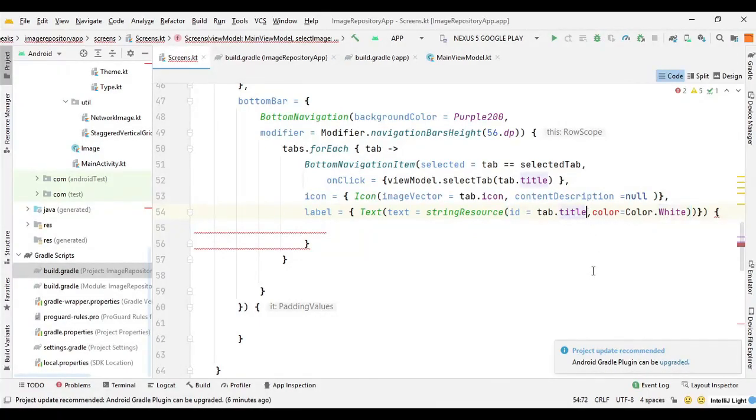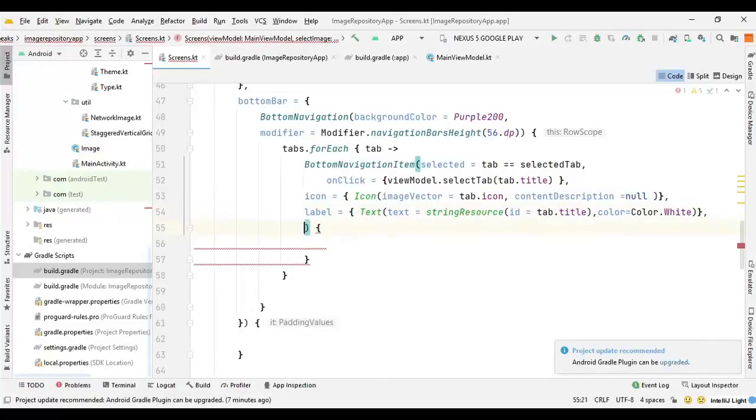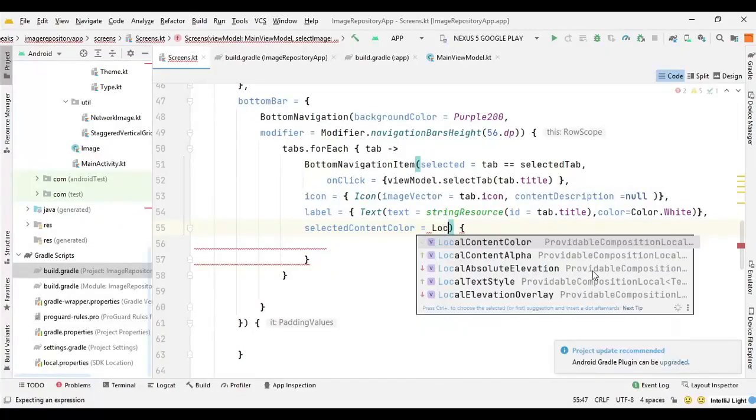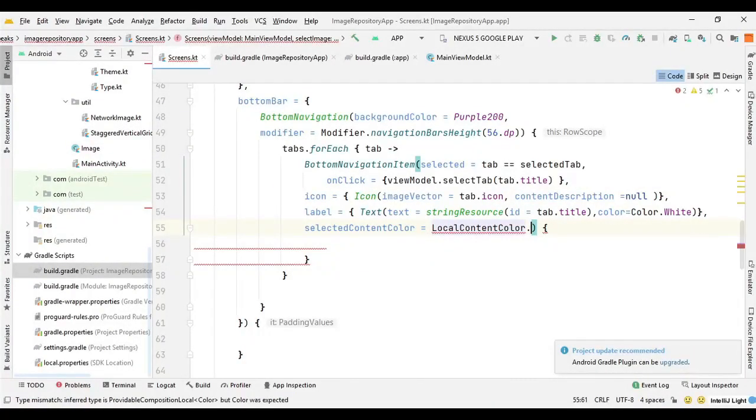Yeah, it should be, I forgot to actually get out from the small brace. After label we need color for selected content, so we can say selected content color for the selected tab, so we can say LocalContentColor.current.